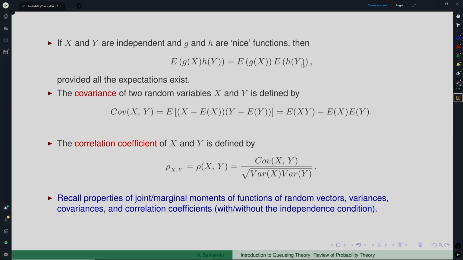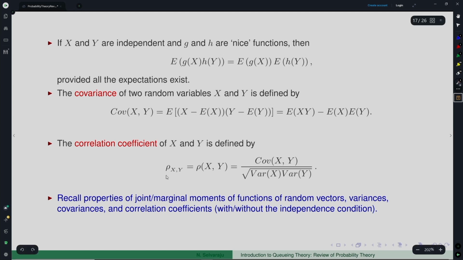Okay. With respect to two random variables, we have certain quantities apart from mean and variance that we define even for a univariate distribution. Of course, even in this case for each random variable you have mean and variance, but then you also have what we call covariance, which is defined to be this particular expectation, given by this expression, and equivalently the correlation coefficient, which is defined to be this. And you know what the relevance and the properties of all these notions are: random vector, variances, covariances, correlation coefficients, with and without independence, what will happen and so on.